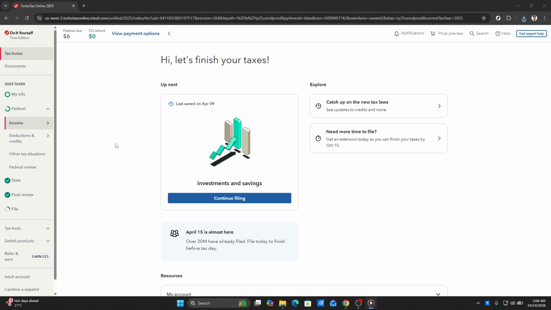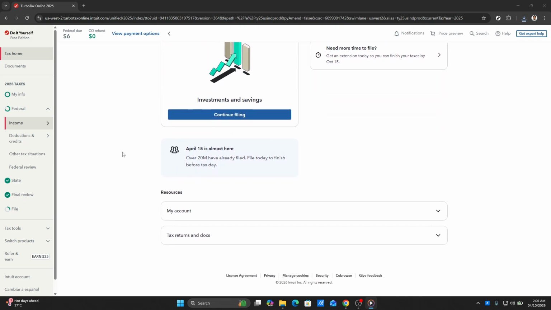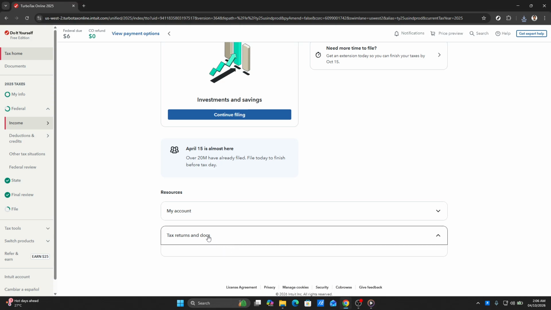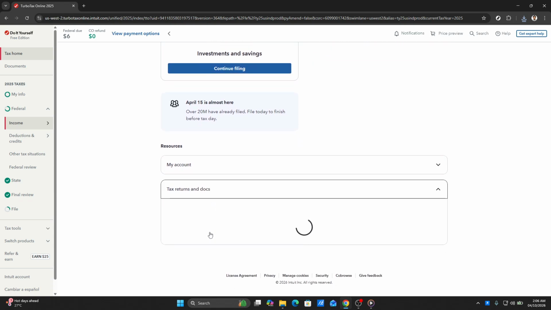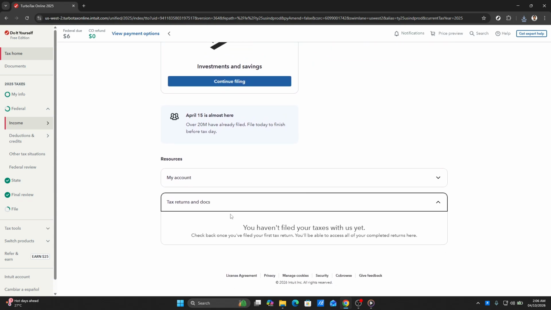Now, look for the option labeled Tax Returns and Docs. Clicking on this will take you to the section where your past tax documents are stored. This is the key area where you'll find your tax transcript. The tax transcript is essentially a summary of your tax return and includes details like your income, adjustments, and tax payments. It's a particularly useful document if you need to confirm the details of your past tax returns without reviewing